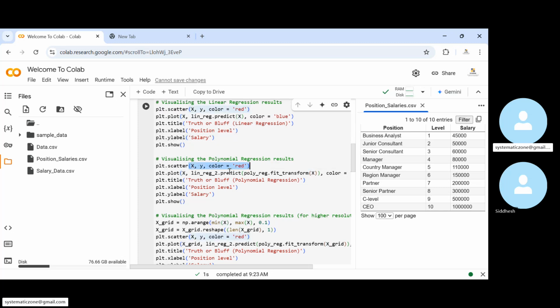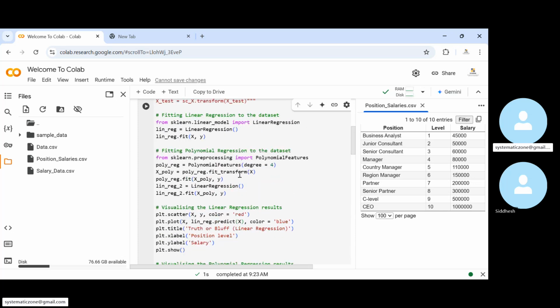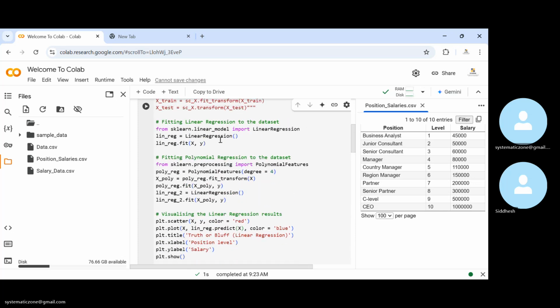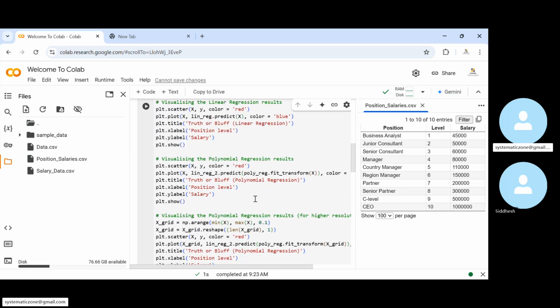X, y, color red, x linear 2. So here, if you see, for x linear we have given it as simple, and here also you can say it is a polynomial function. Okay, so one is linear, one is polynomial. So regression line: linear regression to predict, polynomial regression fit and transform, color blue, and title, x label, y label,